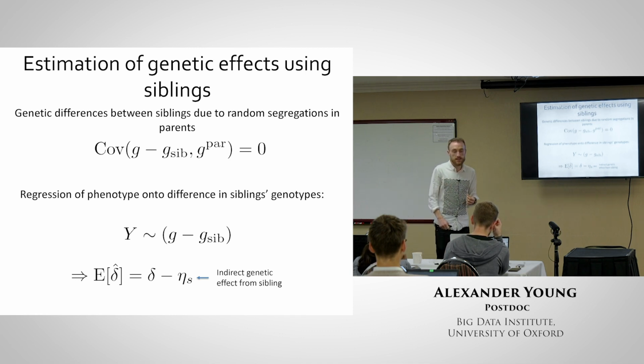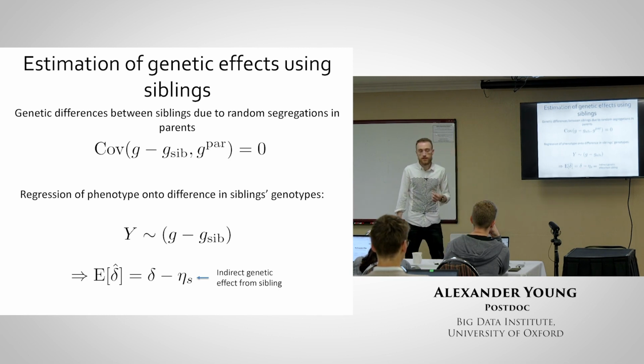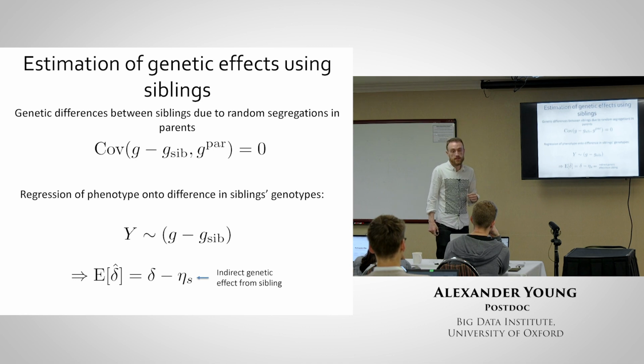Yeah? I'm just having trouble with the covariance between the difference in siblings. Because if the parents are homozygotes, then we know that the difference between the siblings is 0, right? At least considering one allele. Sure, yeah. You have to have genetic variation in the parents at a site for this. If you don't have any genetic variation in the parents, then you don't have any power. But you're generally looking over a sample where you have variation, and there will be some. I'm just thinking that whether the parents have both the same allele or different, then you might have differences in siblings or not. So there's some information there.